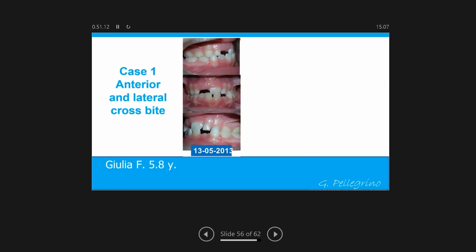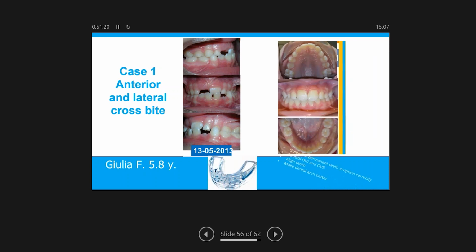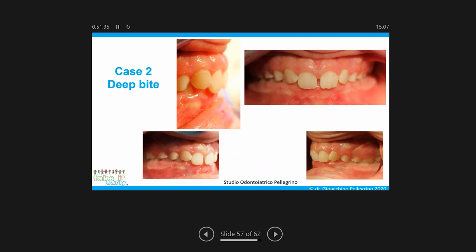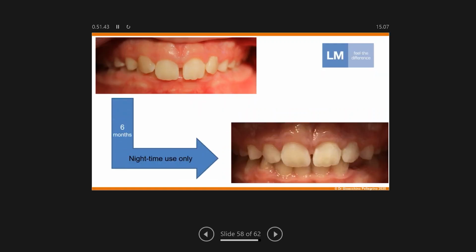We can see that it's possible, like in the case of Julia, to change anterior and lateral crossbite during the growth, working at night time, and to arrive at a very nice occlusion with no fixed therapy, with no cooperation during the day. Or in other situations, like Scanio, in which the starting point is very important, to change in 6 months, working only during the night, using the appliance only during the night,